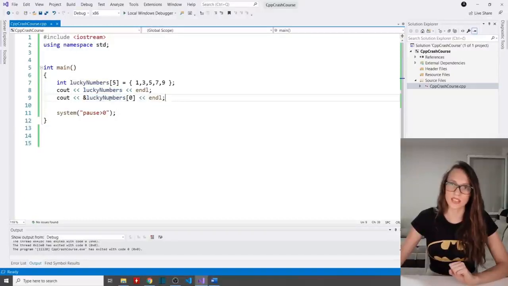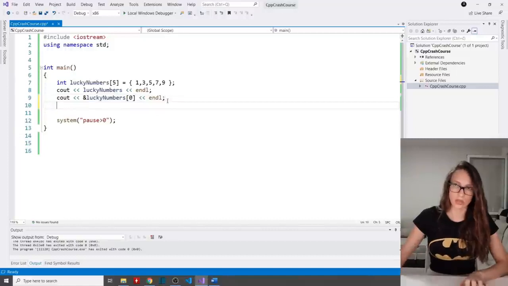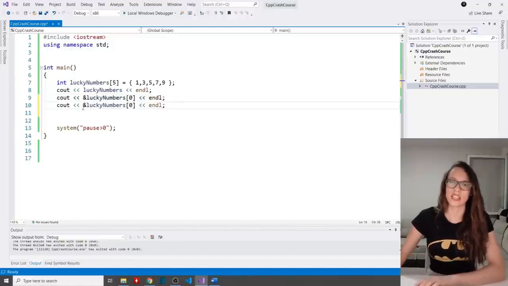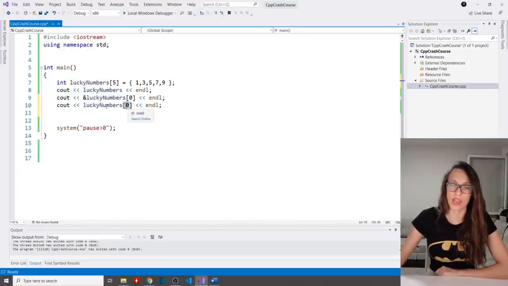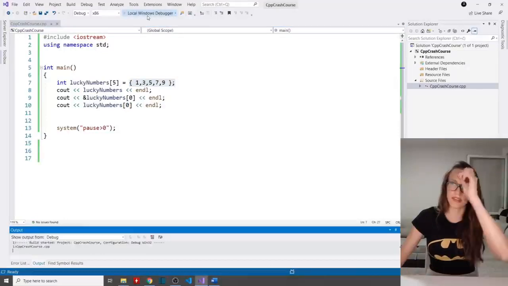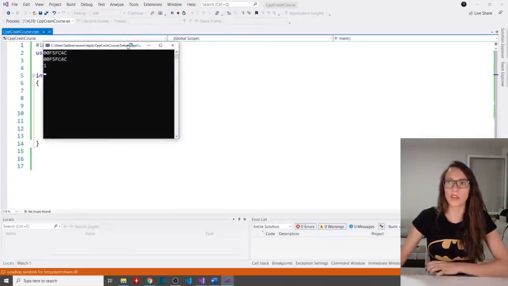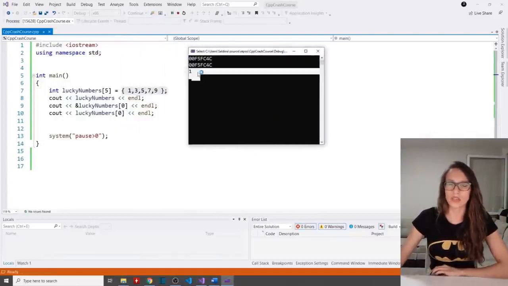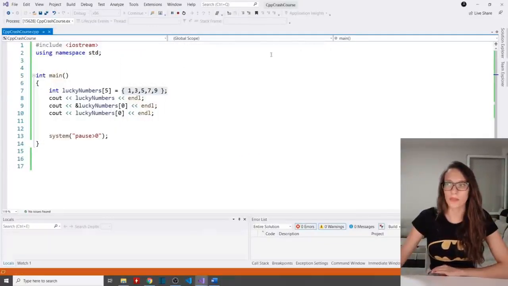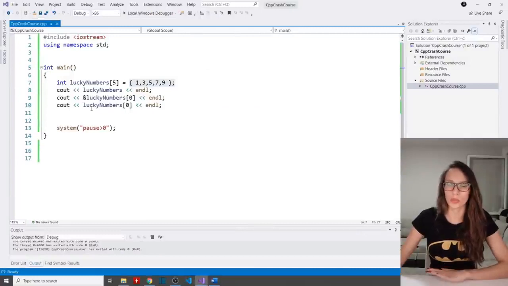And in order to access the value on that address, you just use this index. So without this ampersand, you say, please give me whatever you can find on this index 0 of my array, because indexing of arrays starts with 0. And if I run this now, as you can see, the value that is stored on this index position is going to be 1. Now, how can you use pointers with this?